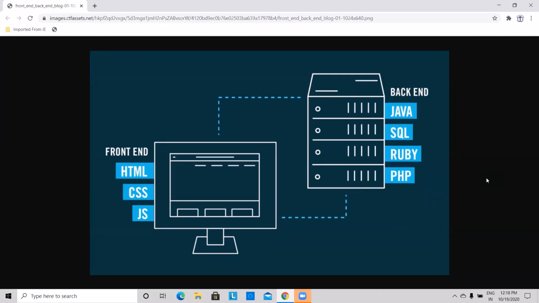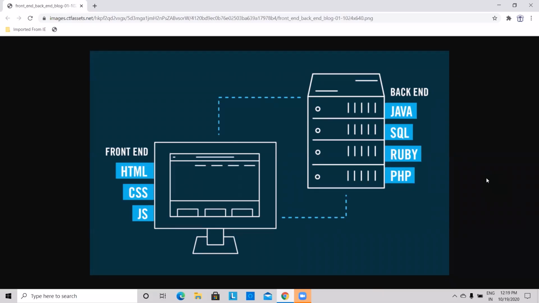Front end is mainly used for two purposes. One is to send the data, and second is for receiving and showing the output data to the user. And backend is used for two purposes, to store the data and to process the data. So today I am going to teach you how Java front end can be connected with MySQL backend. And we name this topic JDBC, Java Database Connectivity.